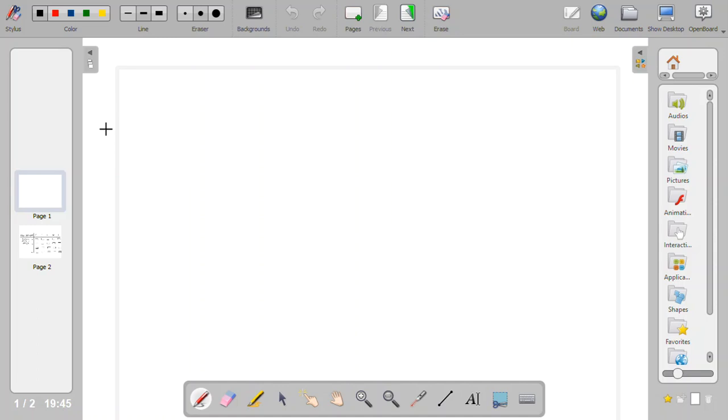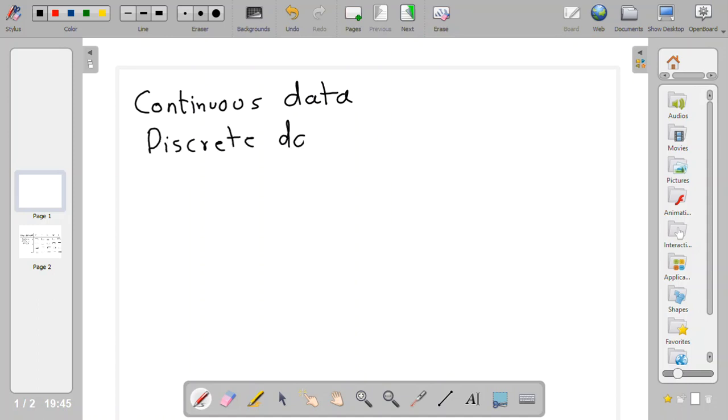So what is the necessity of using these charts, okay? Why do we use charts, and how can we use these charts to solve real life problems, okay? So until now what we have discussed: continuous data you already know, continuous data, okay? Discrete data. This thing you already studied, so I hope everyone knows that, okay?